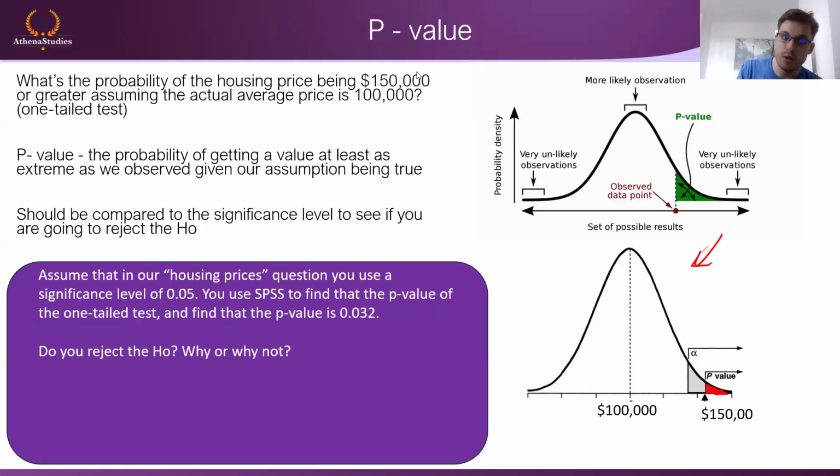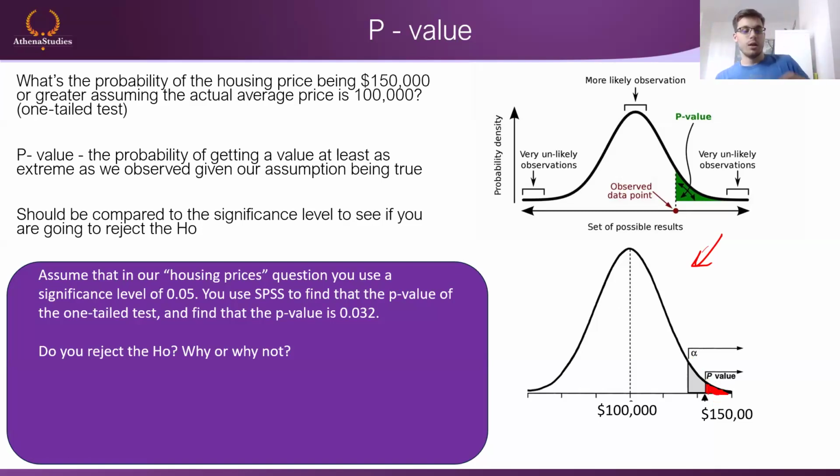And this p-value is gotten with basically the outliers, or the even more extreme values than the point that I got. So if I got 150,000, all the distribution to the right-hand side of 150,000 in this case, and the area underneath it is going to be my p-value.